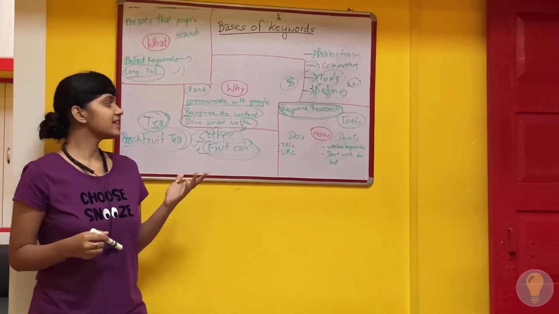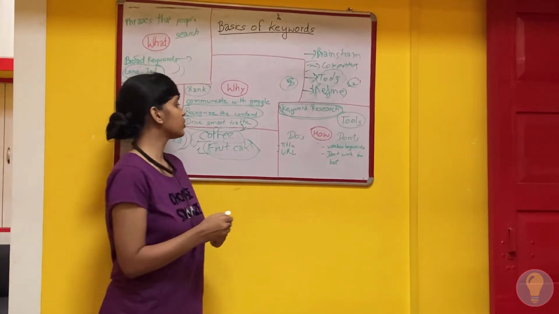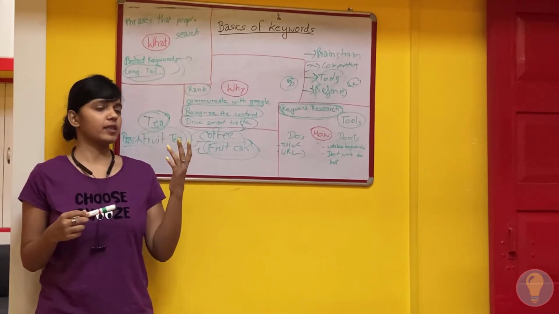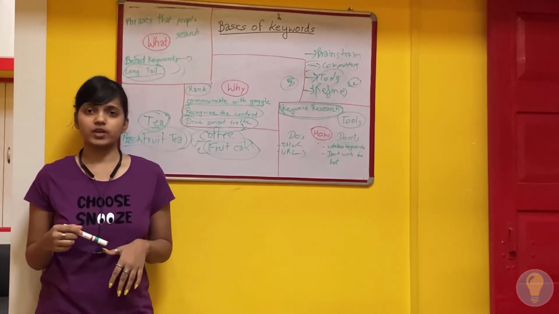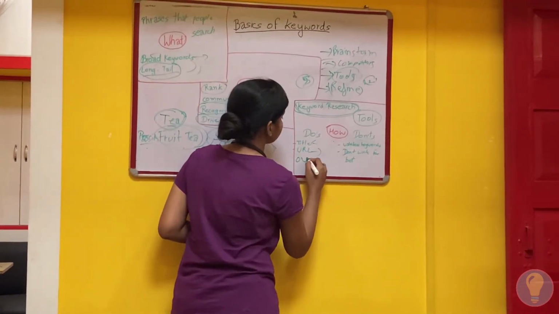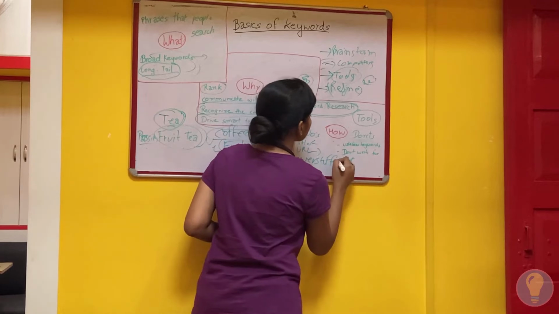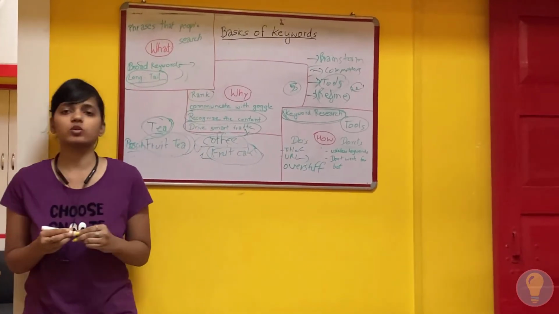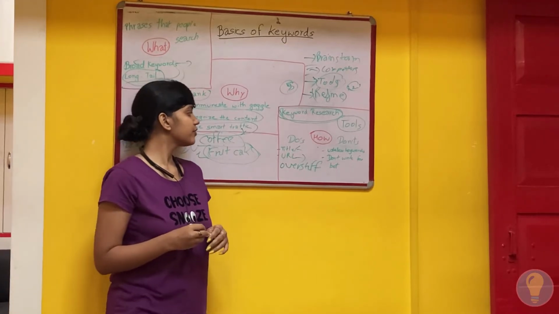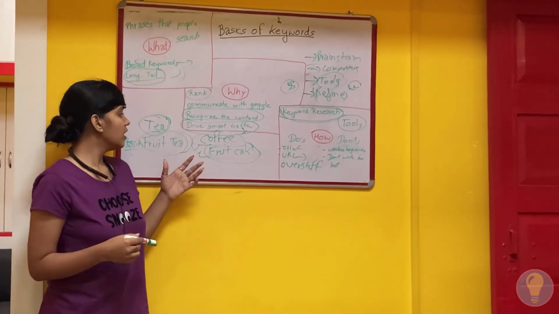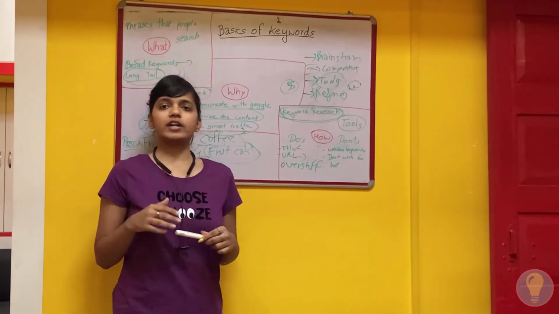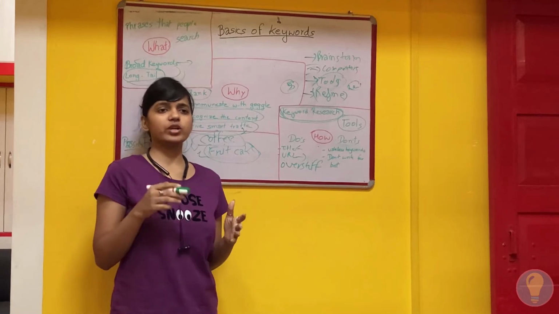So the easiest way to incorporate them is to use them in the title and URL. After that, you can use those keywords in your content as well. But you have to make sure that you are not overdoing it, because if you overstuff it, I don't think it will look much better when you read that content. For example, if there is a keyword like fruit cake for Christmas, and you are using it every 4 to 5 lines,